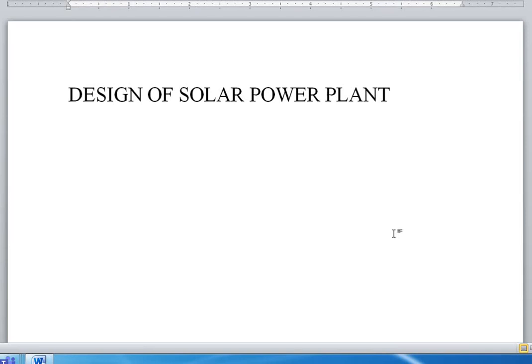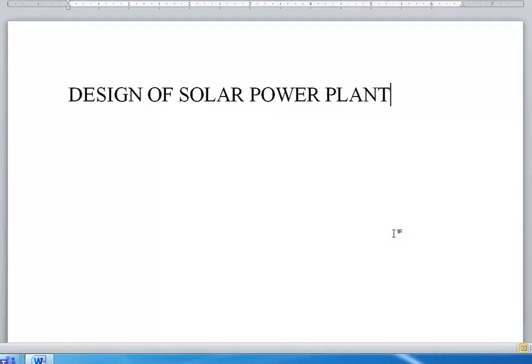We should be in a position to understand how to design the solar power plant for our home. That is our main aim. Our main aim is what? That your dependency on the conventional power should be ceased. If you change your fashion of getting energy from a conventional source and switch to a non-conventional source, you know why you are doing it. So if you do this, then whatever we are studying will be a successful concept.